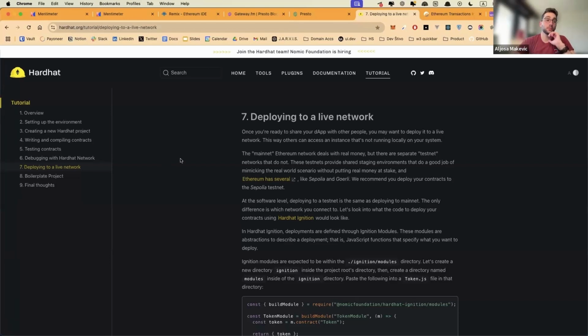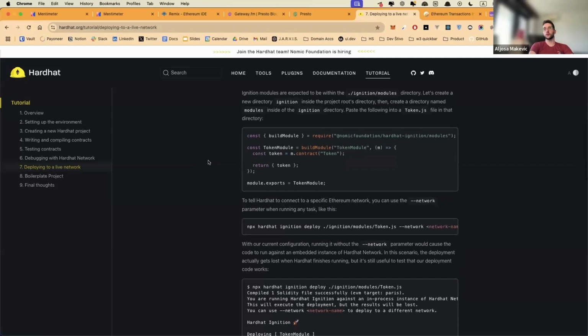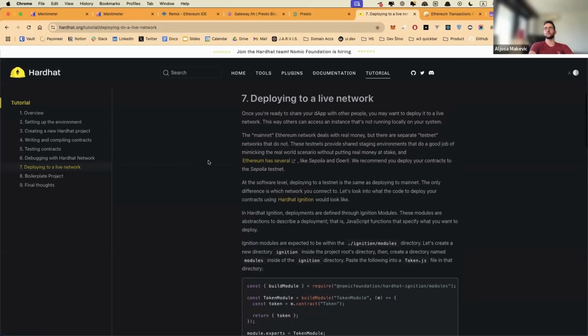When you deploy a smart contract, you have to remember that there's no changing it after the fact, and everybody can see the code. So if you do have an exploit, it will be exploited for sure. It's just a matter of time. So by using Hardhat, it helps you write tests, and you can write bulletproof smart contracts. And it offers a lot of customization.